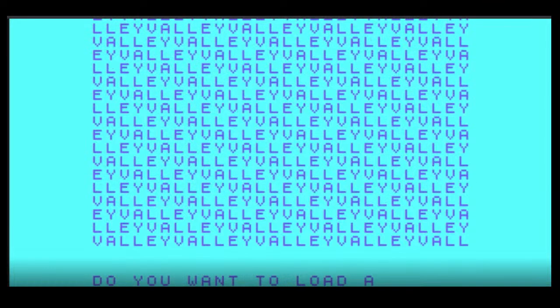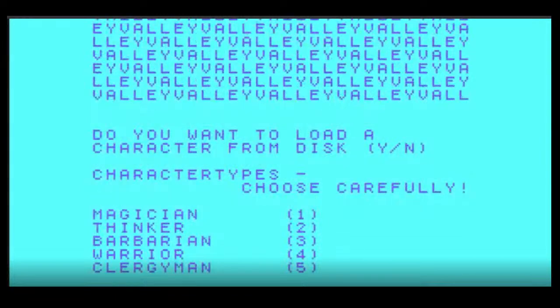And what you can't see is there's a blinking light here as the program is running. What is your name? CTIUG. Do you want to load a character from disk? Oh, no, I've never saved a character to disk, so I'll say N for no. Oh, character types. Okay, choose carefully.